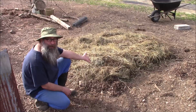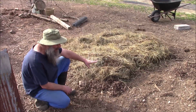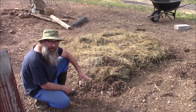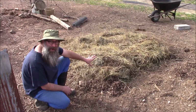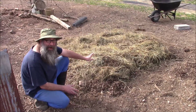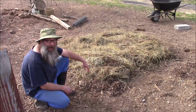much completed potato bed. There were 15 potatoes in there. And as a recap, I put about an inch or two of wood chips to create a buffer between the potatoes and the ground. And then I put about 6 to 8 inches of old hay on top of the potatoes. Now here I'm probably going to get a lot of suggestions that you can't grow potatoes in wood chips